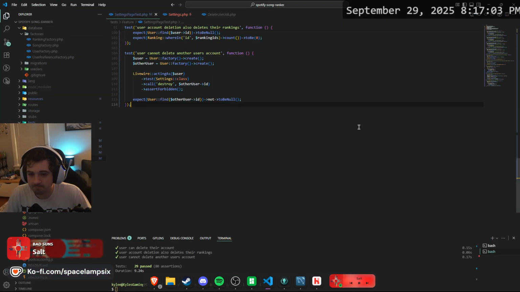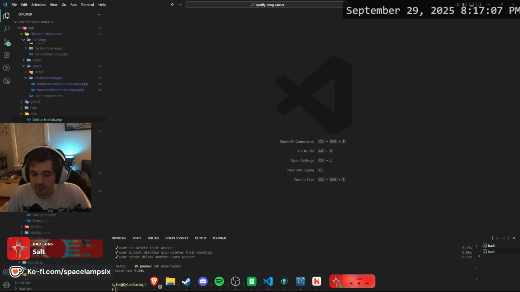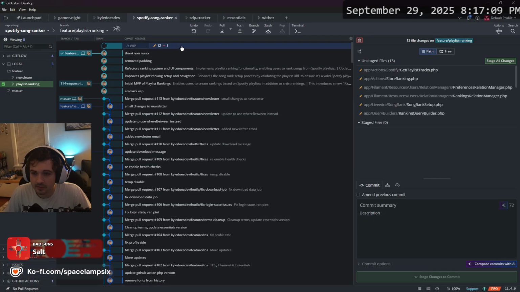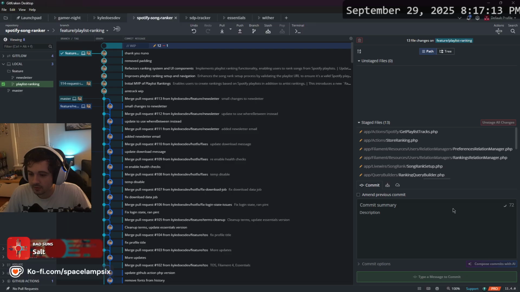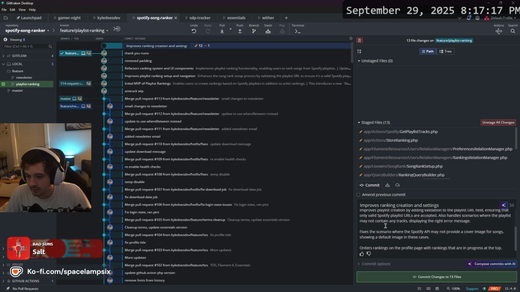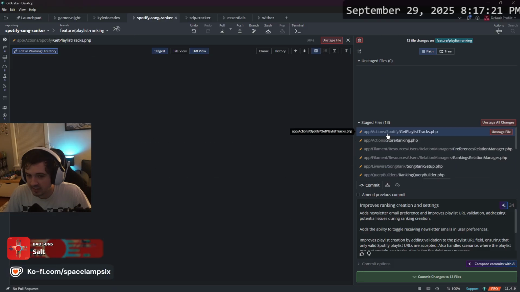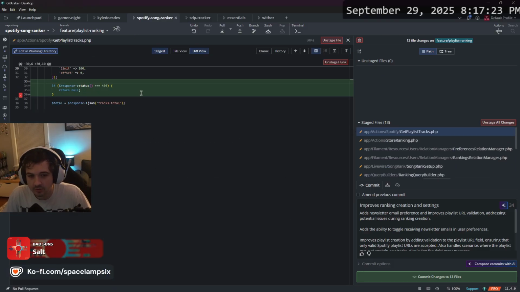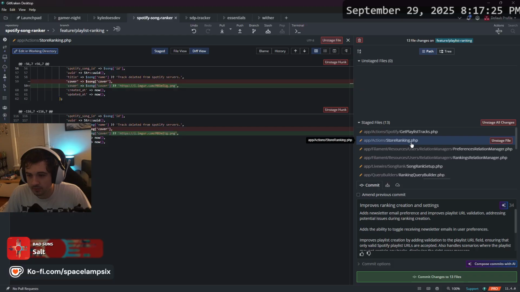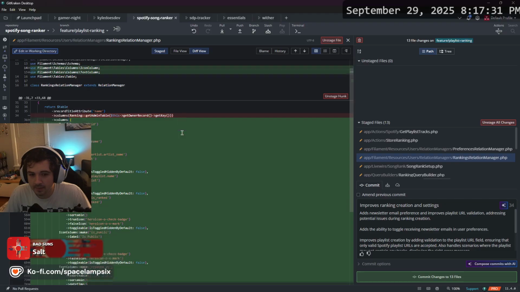Let's close this down, close this down, close this down. Let's get Kraken open, and let's stage all the changes. Commit message with AI has been very handy. Okay. Check what we changed. If we get a 400, go null. If there's no cover, we put our cover image. Fix up those relation managers.